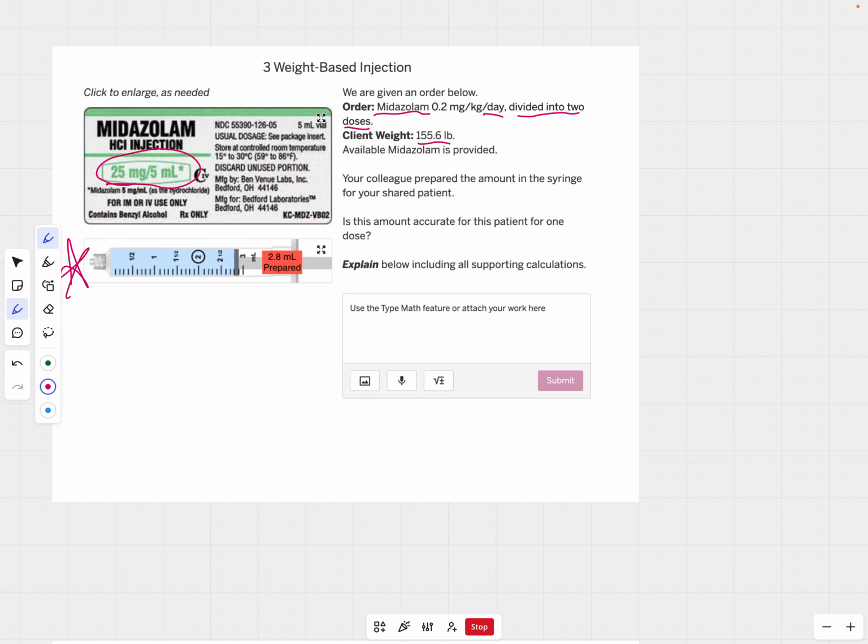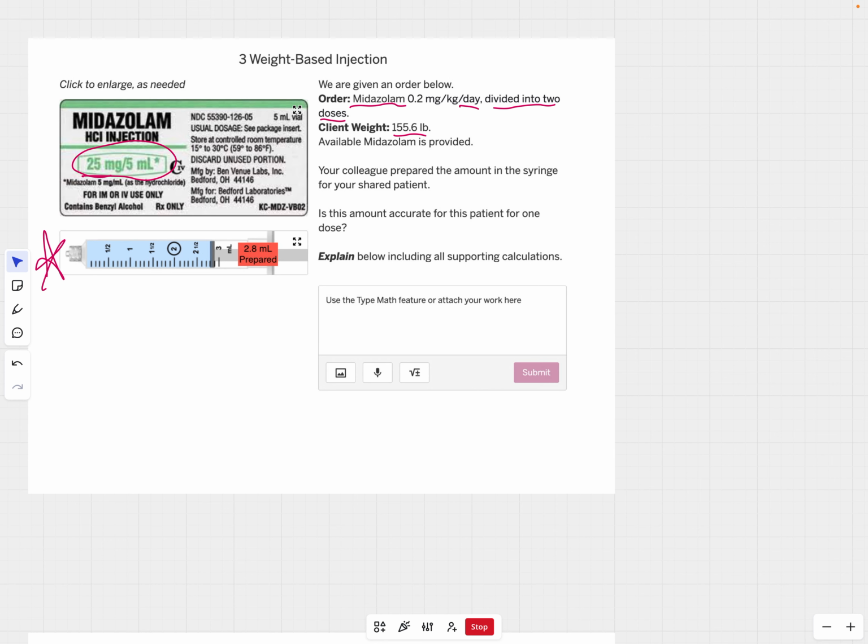And so what we're going to do is to begin with our order, and we're going to turn our order into the amount of milliliters per dose. And so as I see in this problem, the order is 0.2 milligrams per kilogram per day. And what I have to figure out is how many milliliters they need. Now, the first thing I notice is that this is a per kilogram dose, which means I need to use the patient's weight